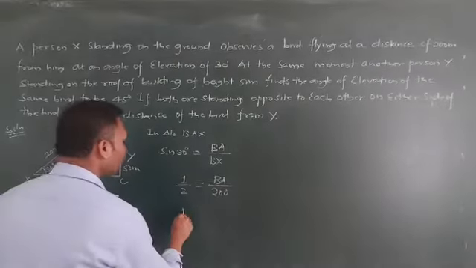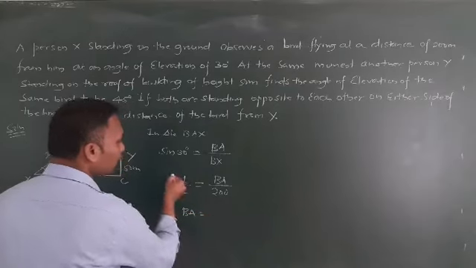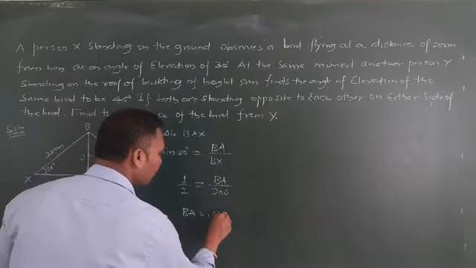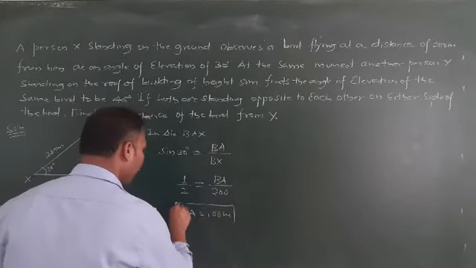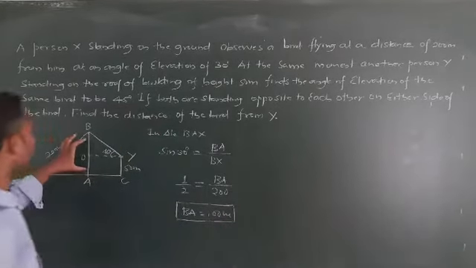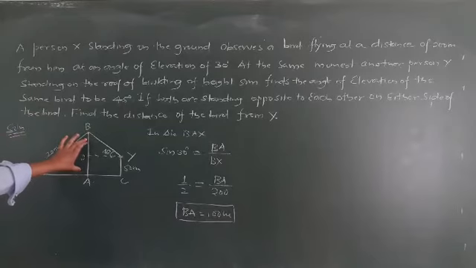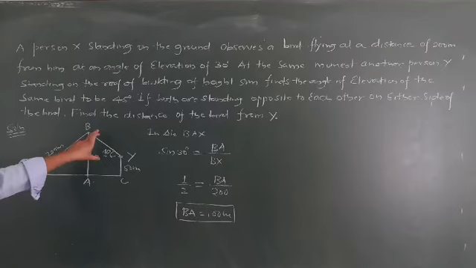Now get the value of BA. So BA is equal to how much here? So this you can take this side. So BA is equal to how much? 100 meter. Okay, so we got here the value of BA. This BA is how much? 100 meter. Once you got this, now go for the next triangle. Which one do we have as the next triangle?